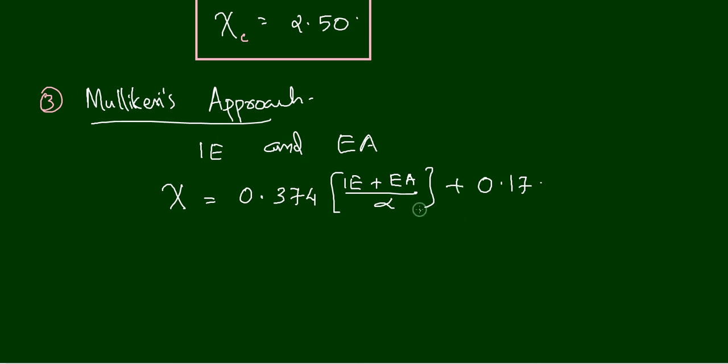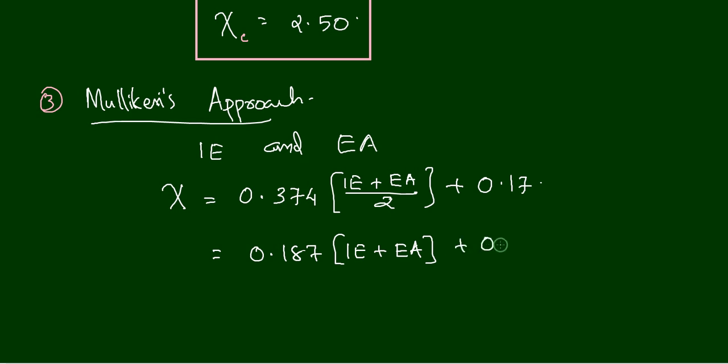That will give the electronegativity of the element. In other words, we can take this divided by 2 and write it as 0.187 into (ionization energy plus electron affinity)